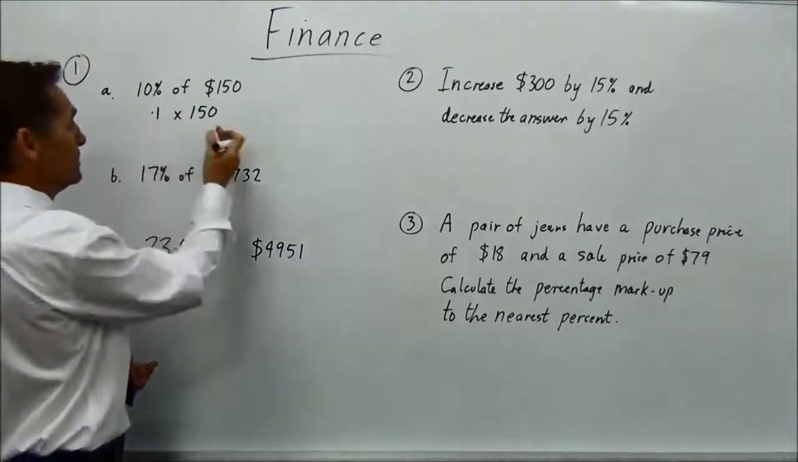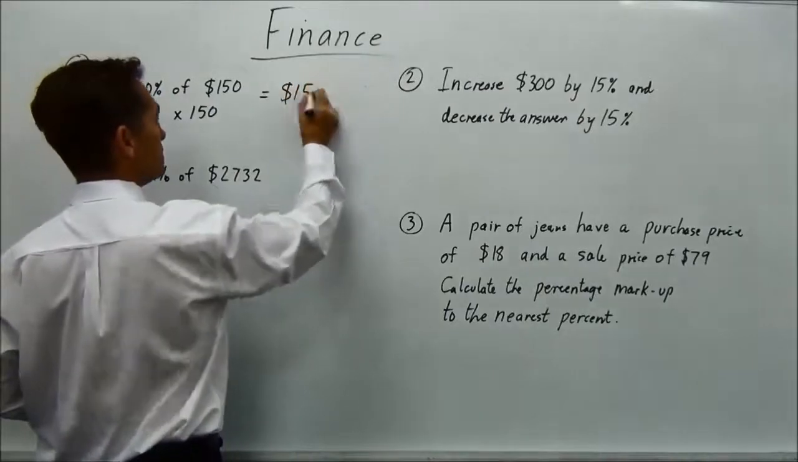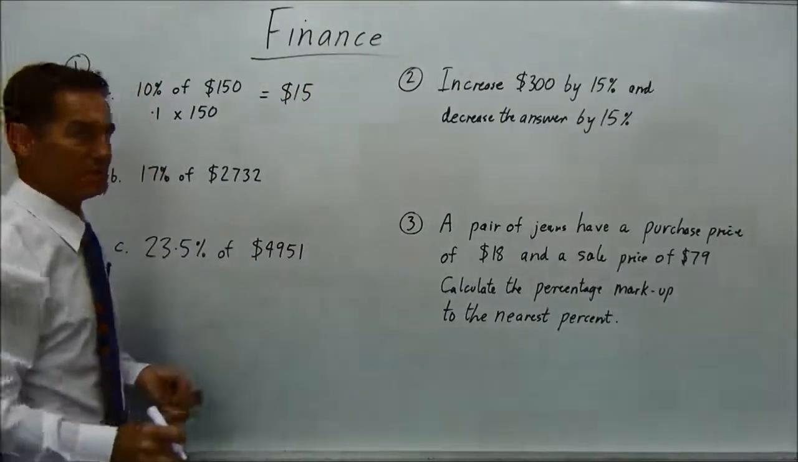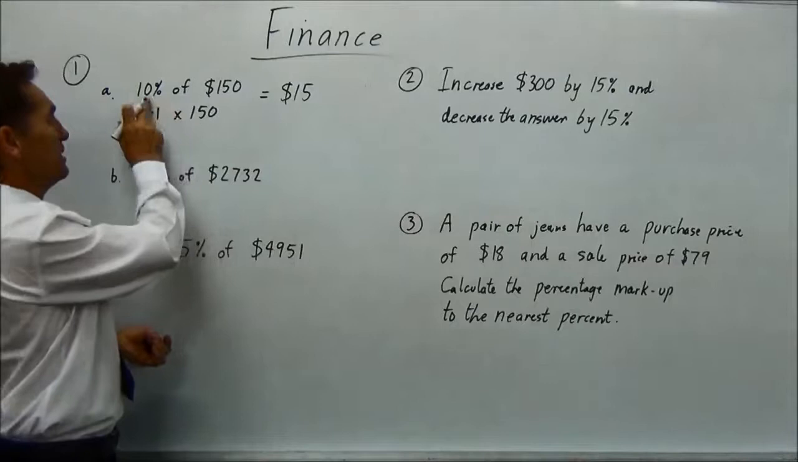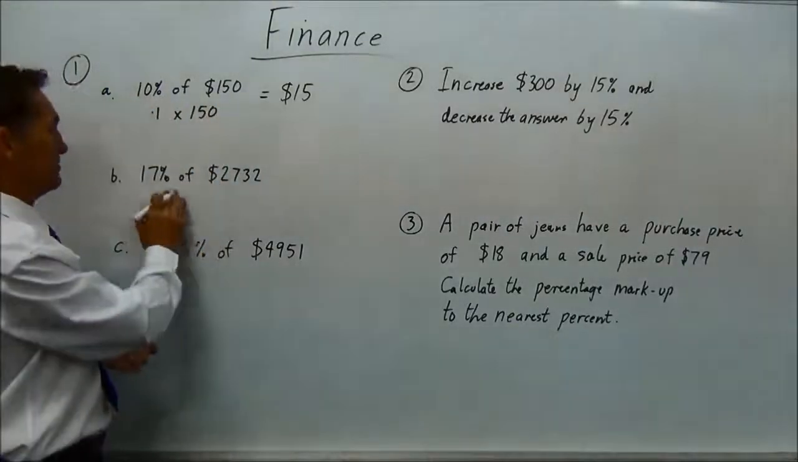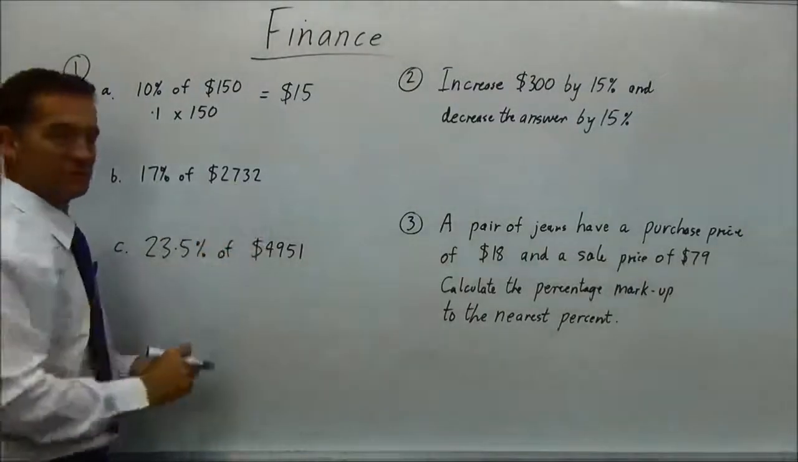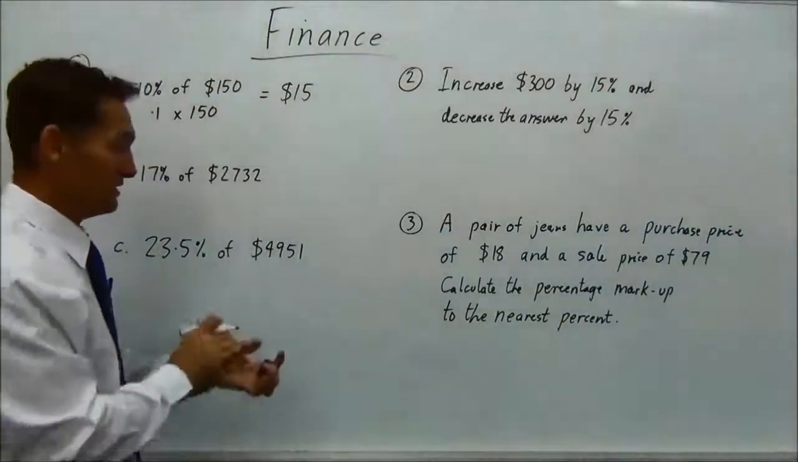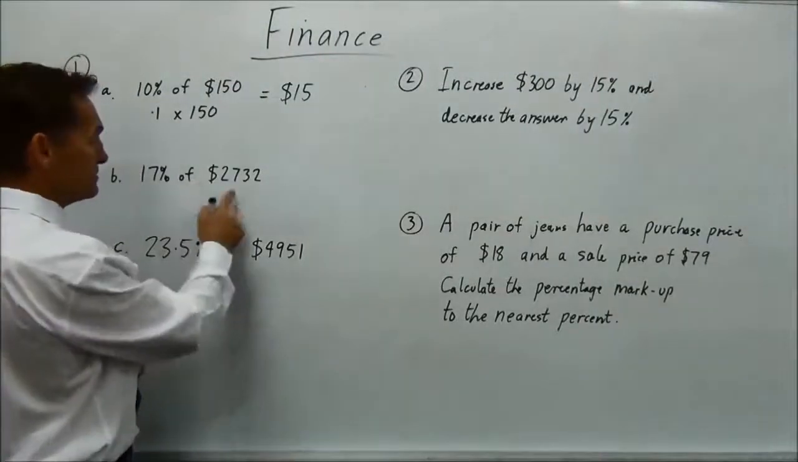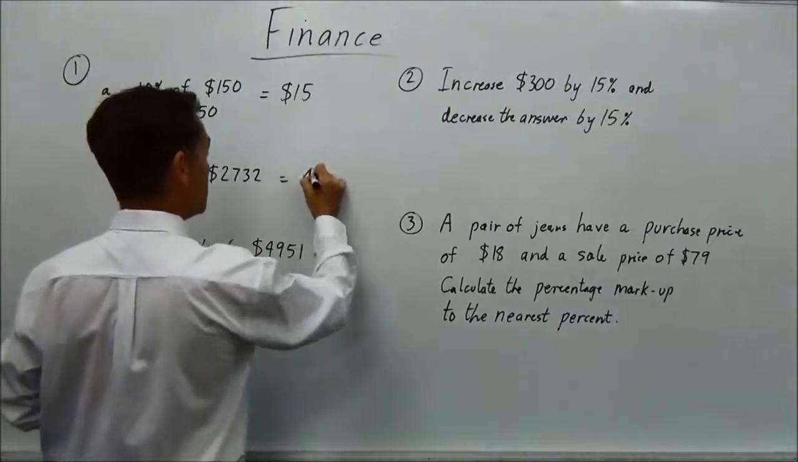So 0.1 of 150 or 10% of 150 is $15. So that's pretty straightforward. It's only a bit more difficult when they put different numbers there and make this a bit more complicated. So for example, they do this. So 17% of 2732. You can't really do that one in your head, and you do need your calculator. So 17% of that is, and I've done it before,